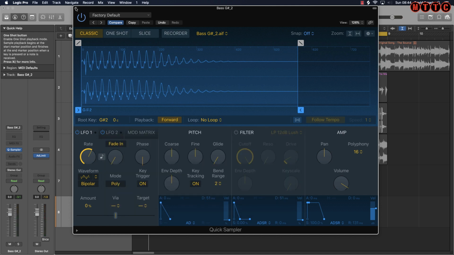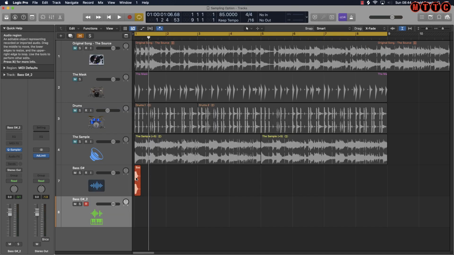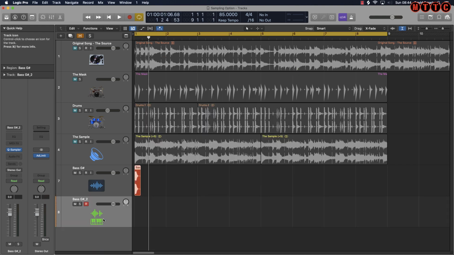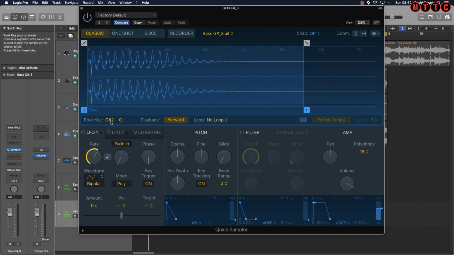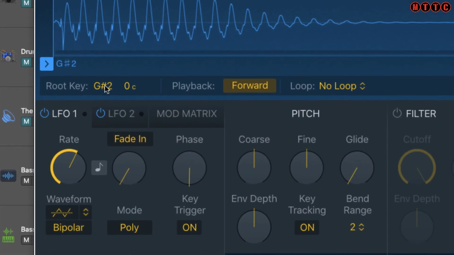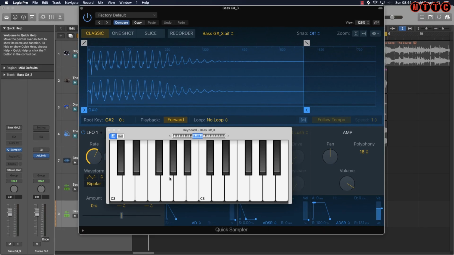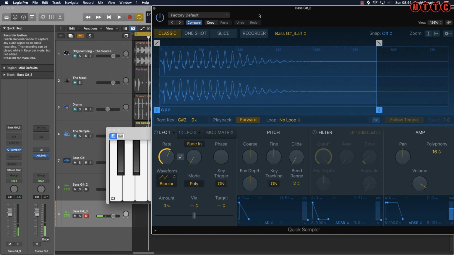Now let's try a second option. If I was to come back here, grab the bass sample, come back into here, and this time use Quick Sampler Optimized, let's see what happens. As you can see, Logic has now analyzed the sample and determined that the root should be G sharp 2. Now if I press G sharp 2 on my MIDI keyboard, which is the same as the original sample,